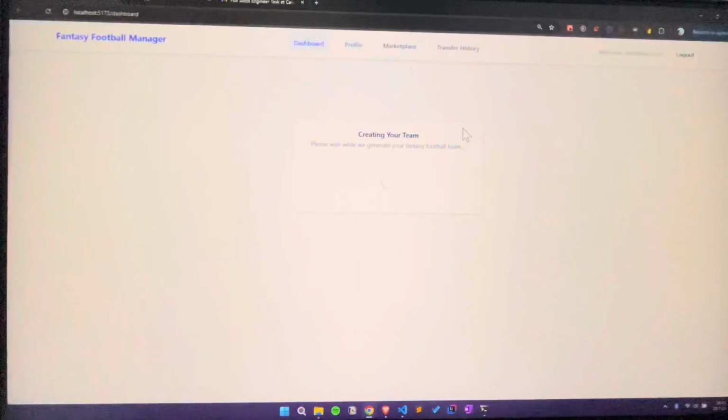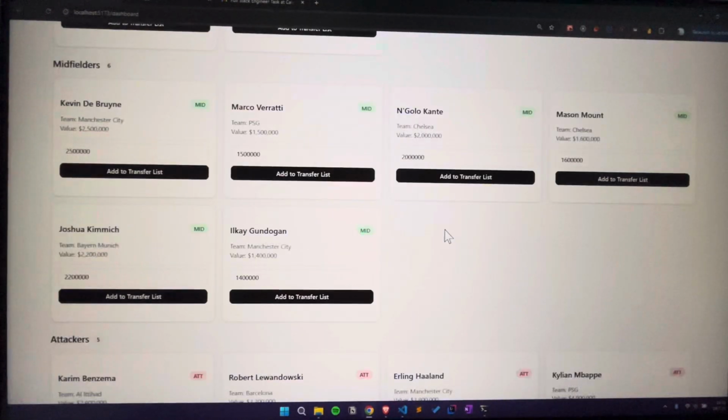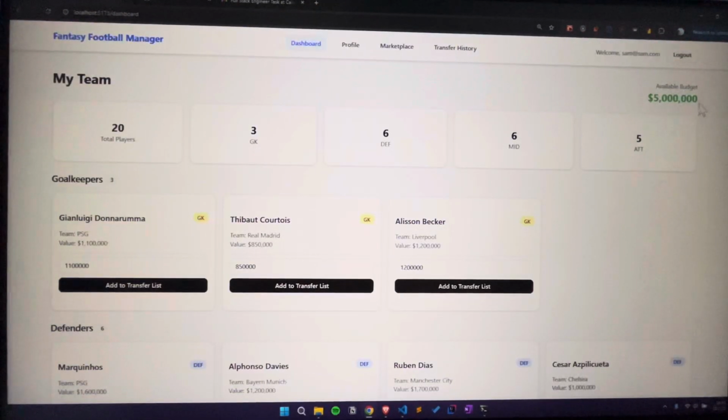As we log in, it will redirect us to the dashboard after the team creation process, which I have simulated to be 3 seconds, to show that it will be created separately in the background. So we have my team here: 23 goalkeepers, 6 defenders, 6 midfielders, 5 attackers, and the name of all the team members here. The current budget is displayed on the top right, and apart from that we can also change